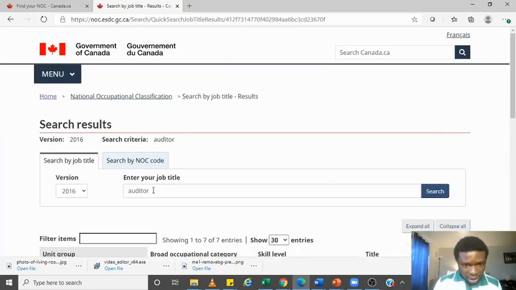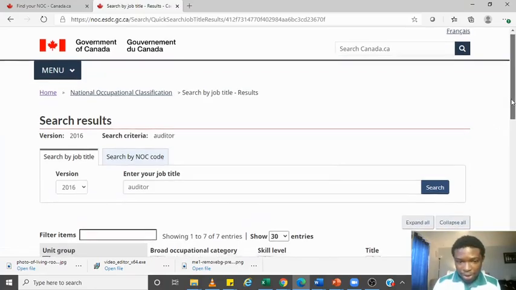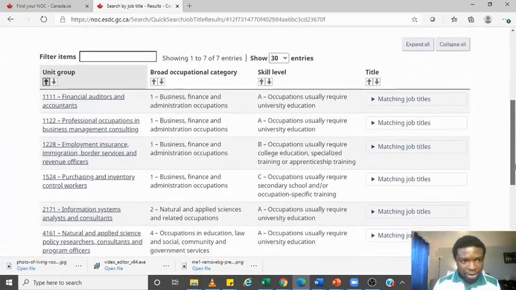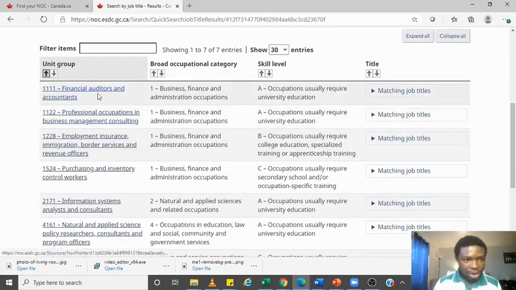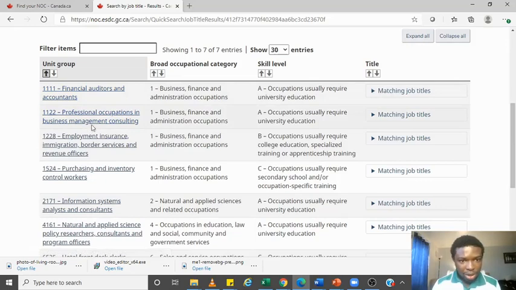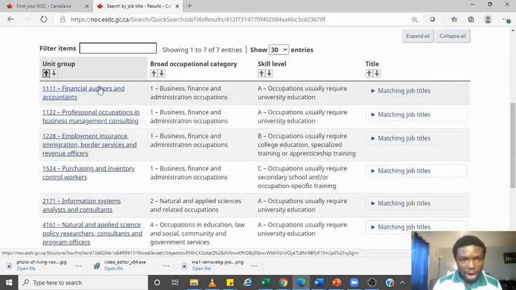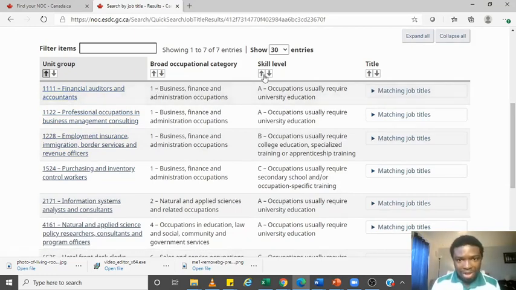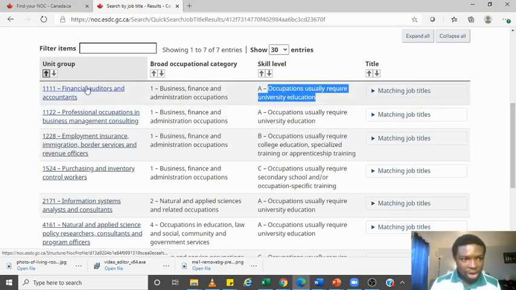So yeah, in the results, if I scroll down, there you are. You have all the related fields. So there's financial auditors and accountants, right? So I can then come up and click on this. Already it's telling me that the category is 1, the skill level is A. Remember we said skill level A, professional occupations that require a university degree. So it's this A. So if I click on this,